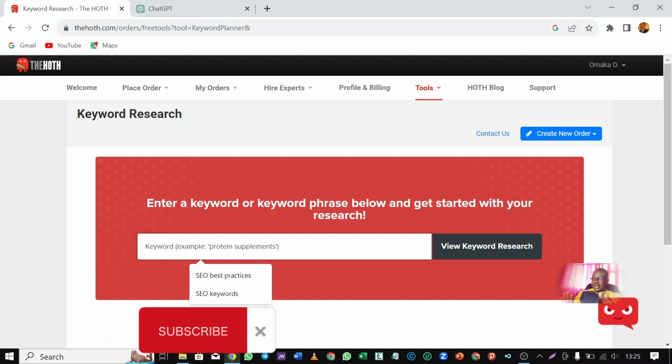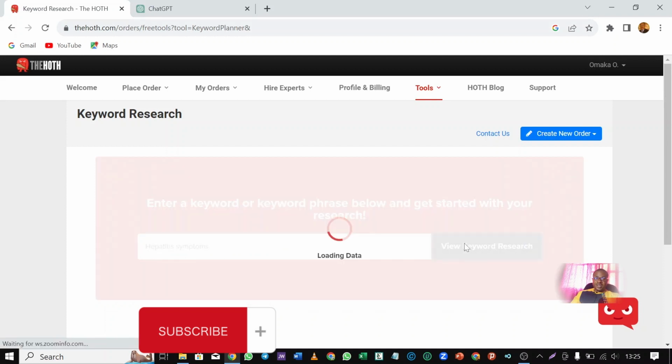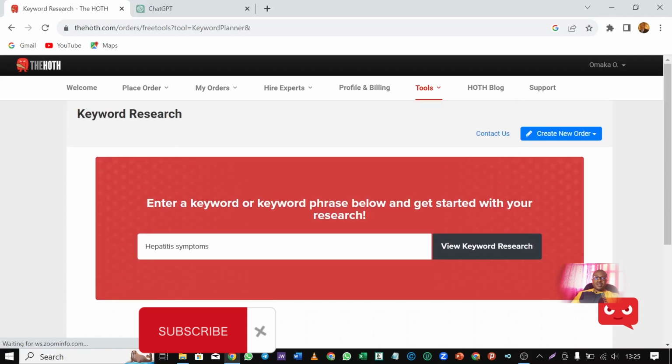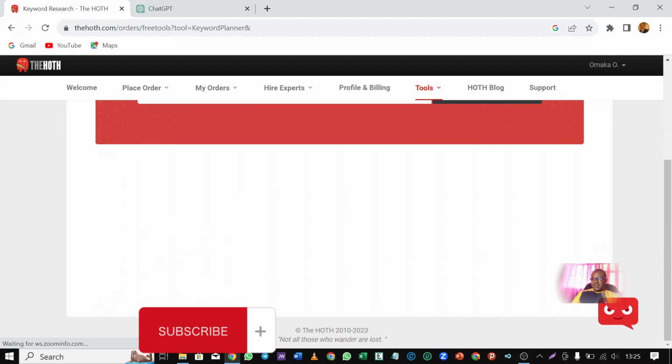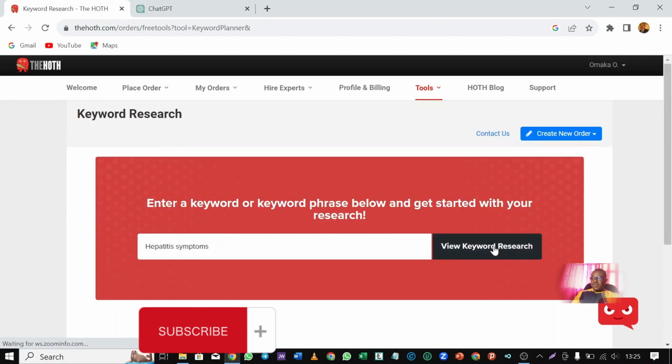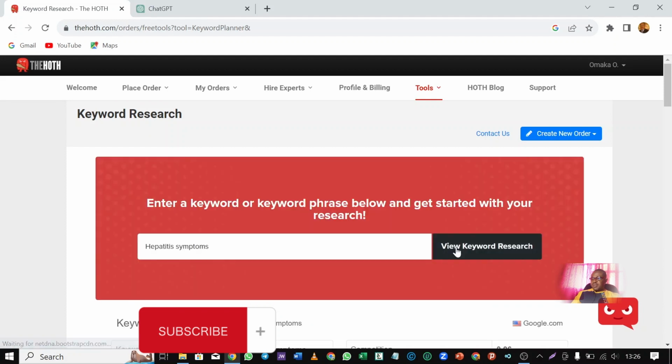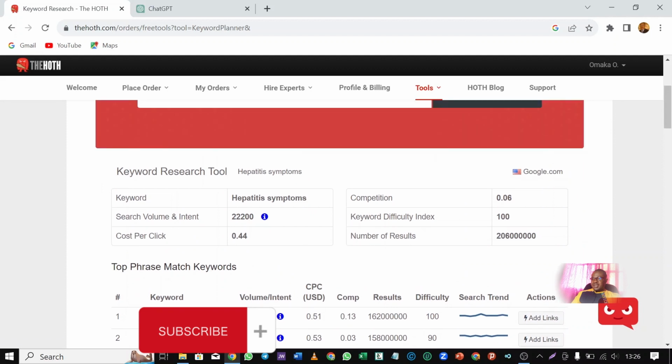We are going to check now to see if people are actually searching for the keywords we use. So I'll press the keyword here and I'm going to search view keyword information. So let's hold on. The network is bad. Okay, let's click again, generate data, and there we are. You can see that we have the information we need.